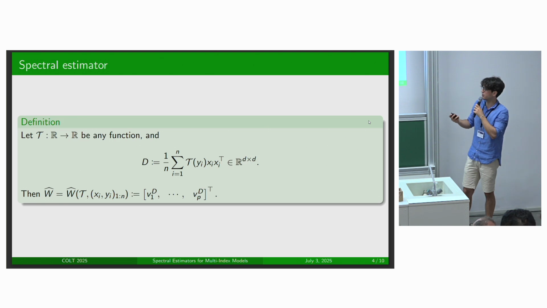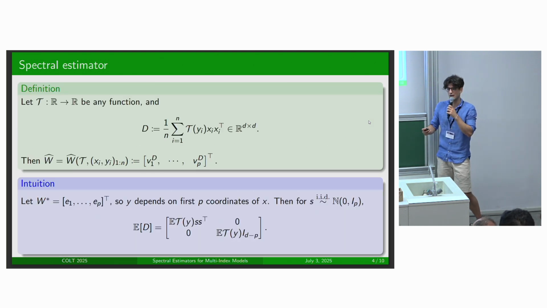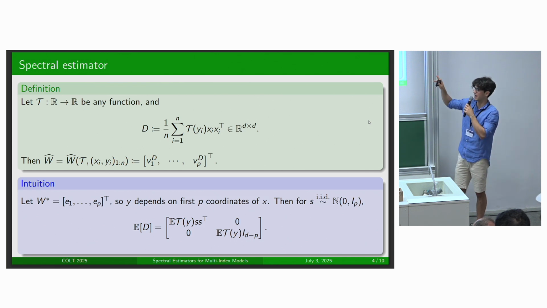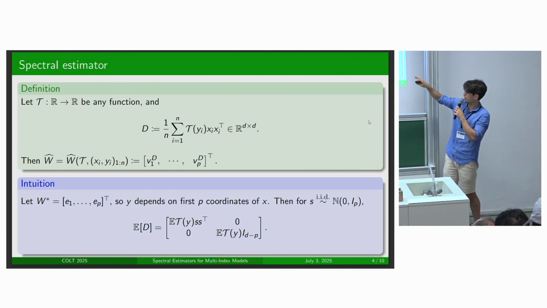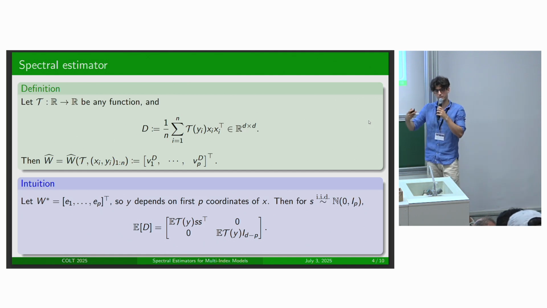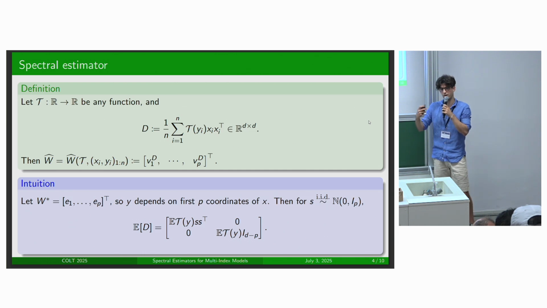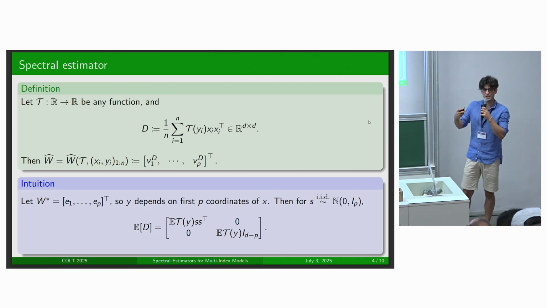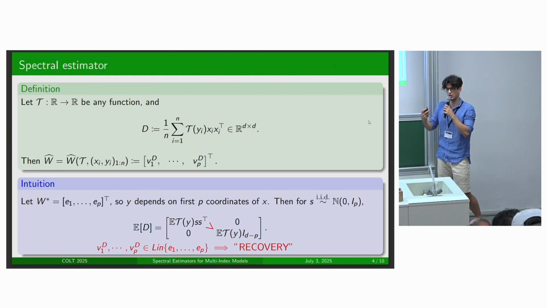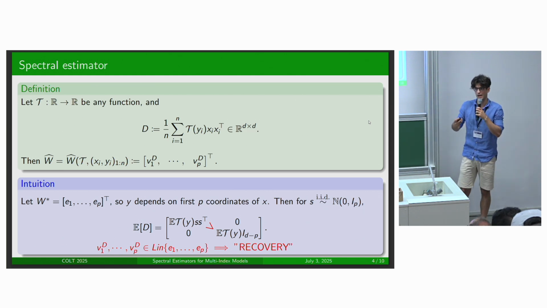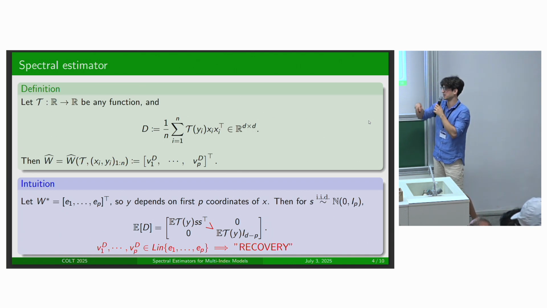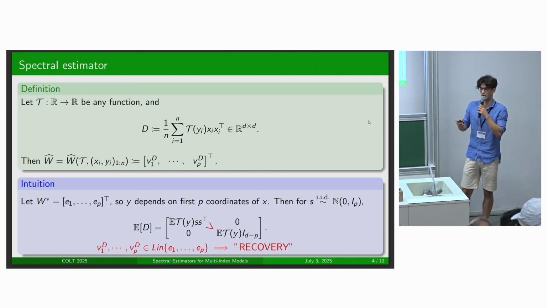One intuition for why this could make sense is to look at the expected value of this matrix, because we're considering the top p eigenvectors of this matrix. If we look at the expected value, we notice that it's going to be a block matrix if our signals are orthogonal, right? And if we pick our preprocessing function in a smart way, the eigenvalues in the top block can dominate the ones in the lower block, and in this case the outputs that we get could recover the signal space, in this case the first p elements of the canonical basis, right?